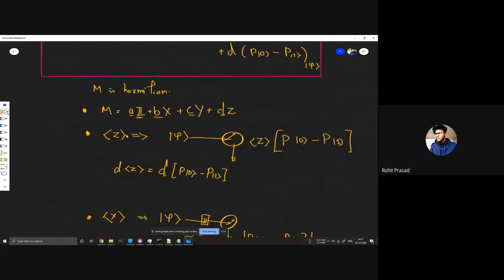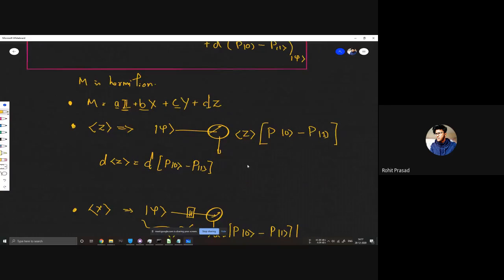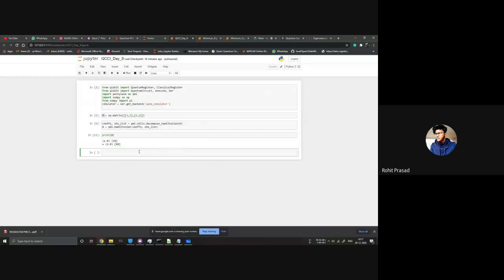Now for a random state psi, we need to find the expectation value of Z. So first we need to make a random state psi.